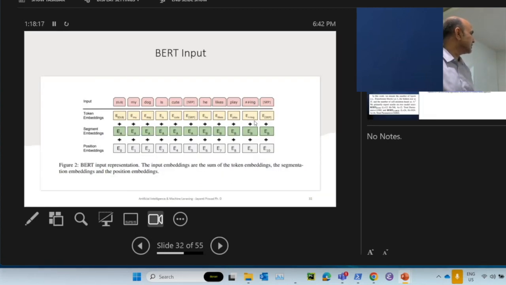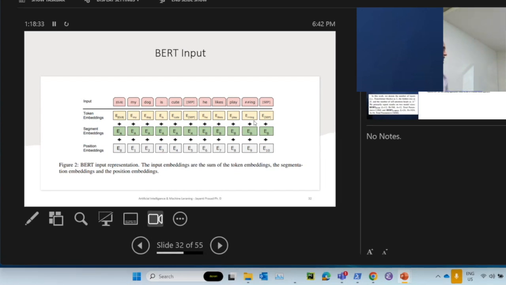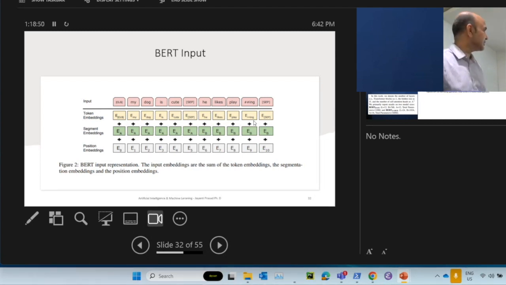I am not going into that. If you look at the data, it has a token embedding, segment embedding, and position embedding. This is very important because it's creating very rich information. The positional information is there, even the segment. When we discussed word2vec or word embedding, no one stops us from learning the embedding for the full sentence or the paragraph also, and they will have the same dimensionality. So they can be incorporated in the network.